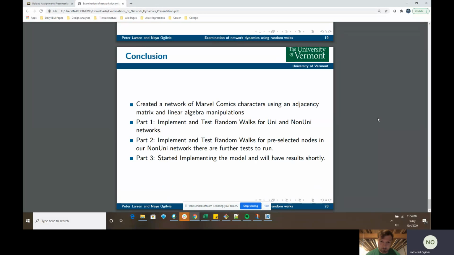So to wrap it up, we've basically been able to create a network of Marvel comic characters using adjacency matrix and linear algebra manipulations, and uploading that data to our NetworkX and Gephi packages. We were able to implement and test random walks for uniform and non-uniform networks in part 1, and that's been wrapped up. Part 2, we've been able to implement and test the random walks for pre-selected nodes in our non-uniform network,